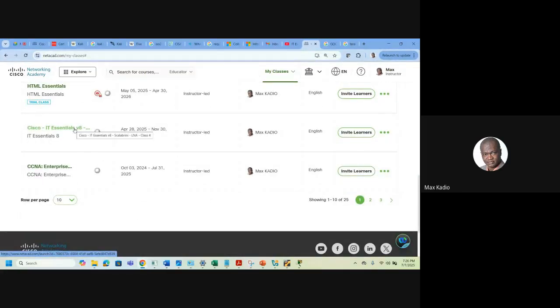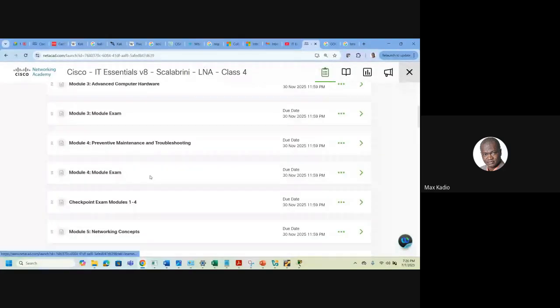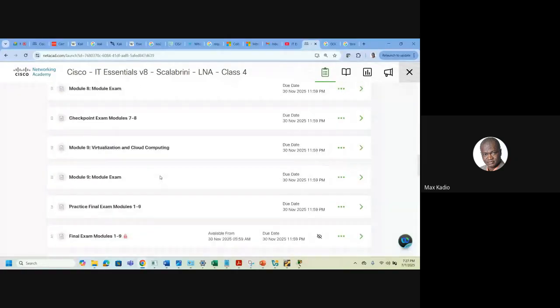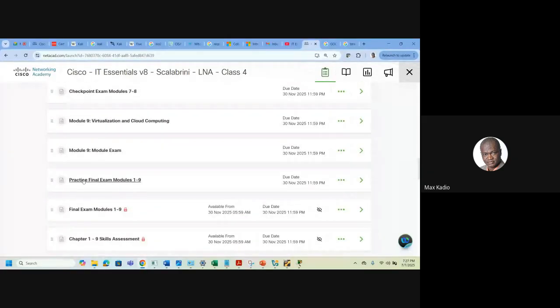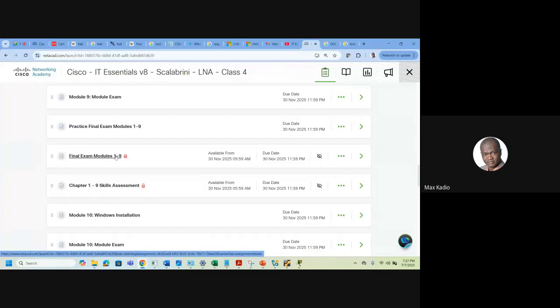So if I click here, if I open your course, you'll see here practice exam. I'm going to show you. You see practice. So this exam will prepare you for the final exam. So it's like a kind of revision of everything. Practice, it's open. I did check it before and it was not open, so that's why I was asking. Okay, this one we cannot open because